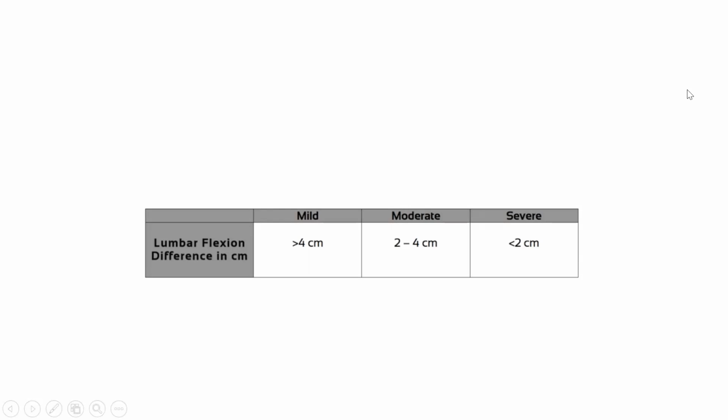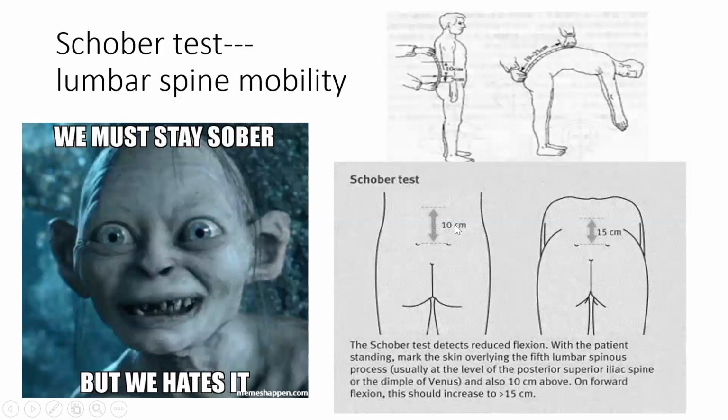So it's a test where people have some different measures. Some can have 10 or 15 centimeters, some can have 5 centimeters. The main concept is the lumbar spine is flexible, so whenever you bend, there would be a 5 centimeter increase in the lumbar flexibility. In Schober test, this is the way to check. In Angst point, the lumbar flexibility is not there because there is a fusion, so the length will not increase. That is the Schober test.